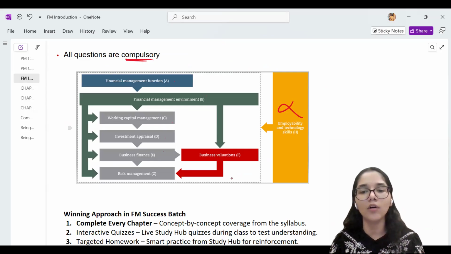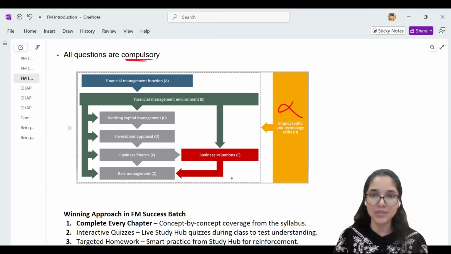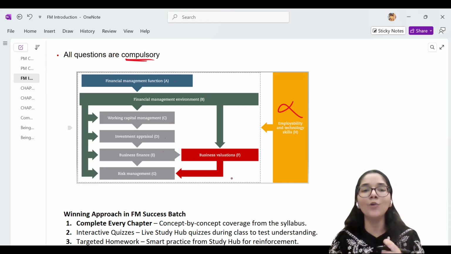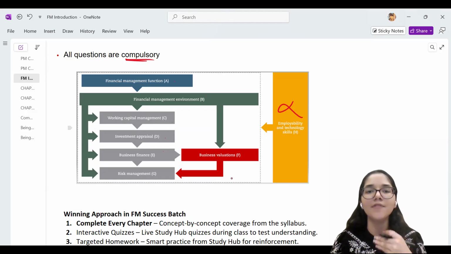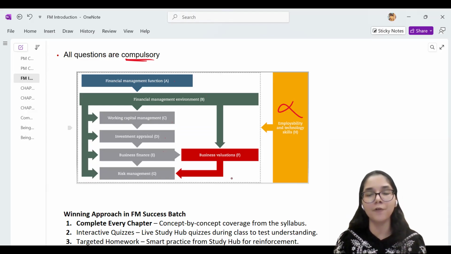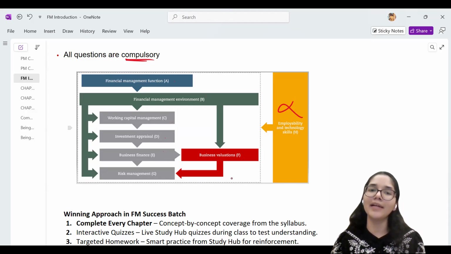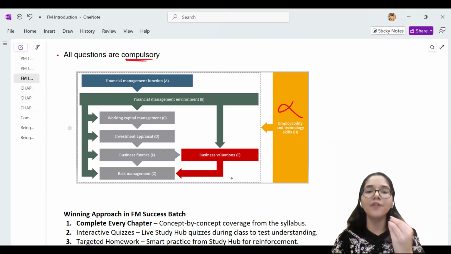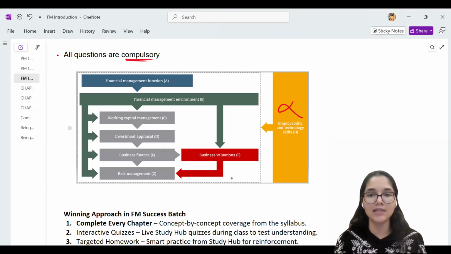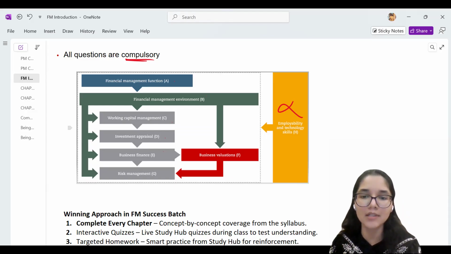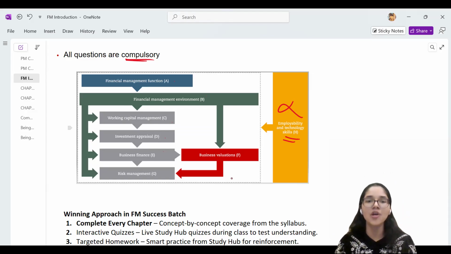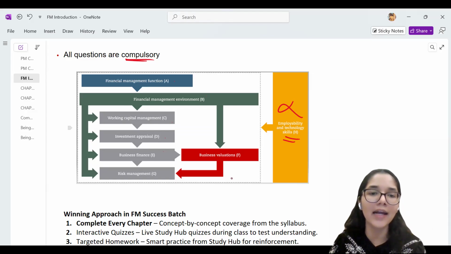This is employability and technology skills. There is no separate syllabus for this part of the paper. This is just you getting to learn your spreadsheet and your word processor, because employability means: will you be able to actually work for an employer in the future? In real corporate workplaces, we actually use word processors and spreadsheet files. So whatever we learn as part of the remaining portions of the syllabus, this employability and technology skills is automatically going to be covered. There is no separate syllabus per se for syllabus area H. We are going to lay our emphasis right from syllabus area A to syllabus area G, right?